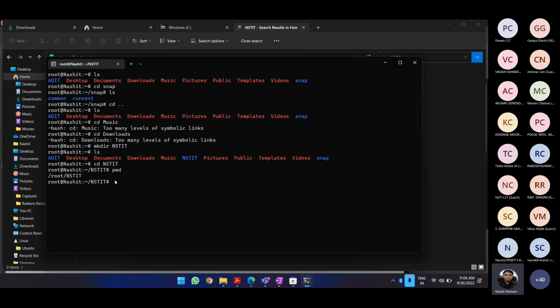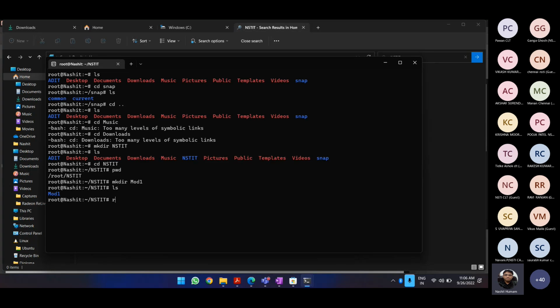Now within this NSTIT, we are already in NSTIT. So let me create one directory with mkdir, and there let us create one directory for module one, and then let us run the ls command. We have this mod1 already created.